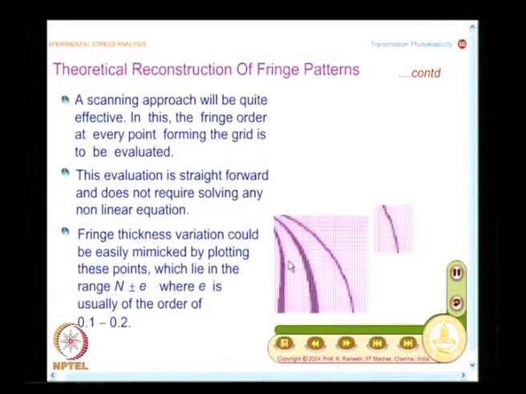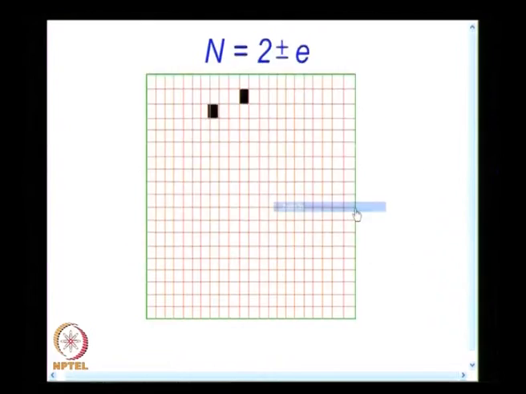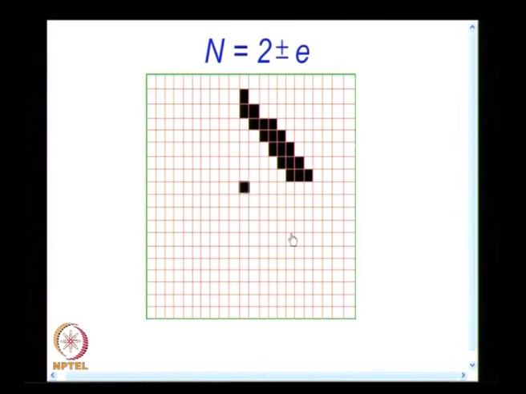I have essentially identified this as an assembly of pixels, and this is what we would see here, and essentially I want to plot a fringe of n equal to 2 plus or minus e. So, I keep on doing this calculation repeatedly. Whenever I find this satisfies this, automatically the fringe thickness is also identified. And in this plot I have shown only one fringe order, and in fact you can develop the logical condition in a manner that in one shot it plots all the fringe patterns.